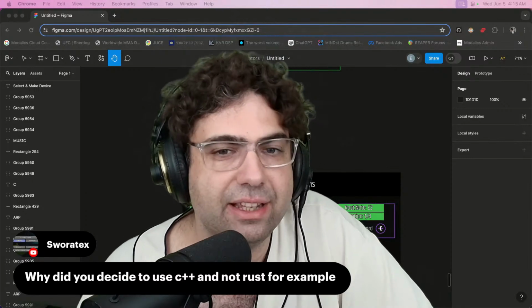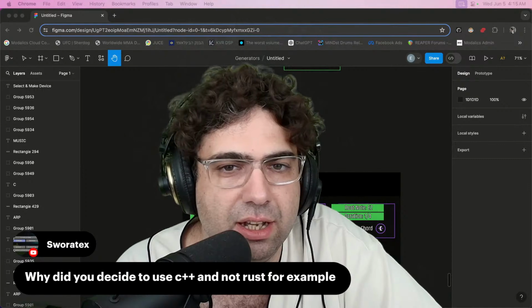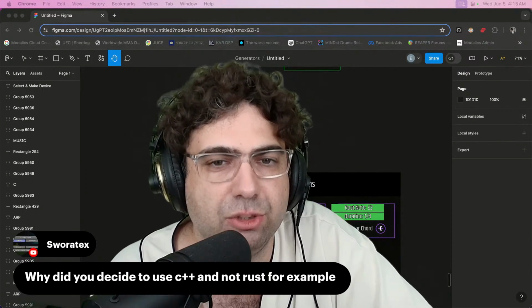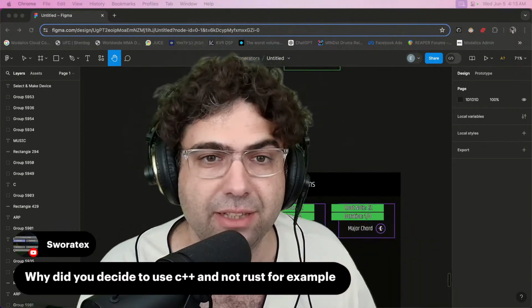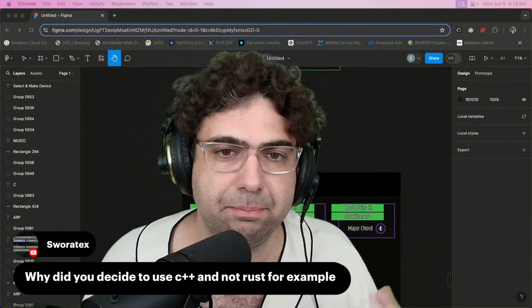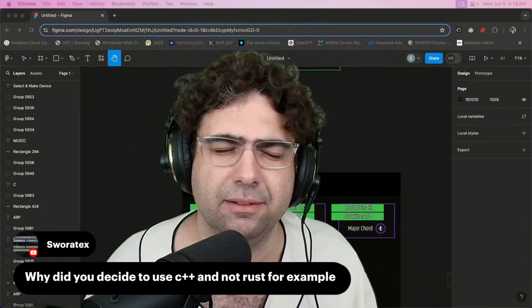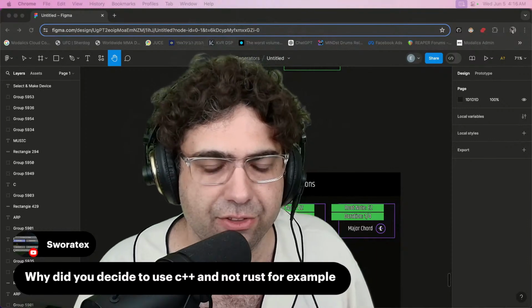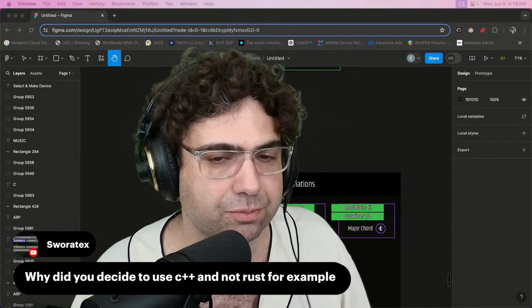So Rust, I think, is a very, very good language. It's very interesting. In terms of the language itself, the expressiveness is better than C++. There are some built-in patterns, like pattern matching, and their macro system is much nicer than the C++ one.